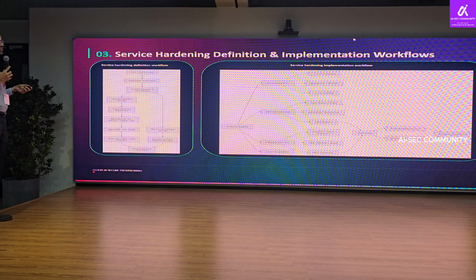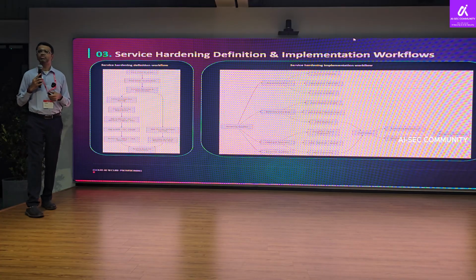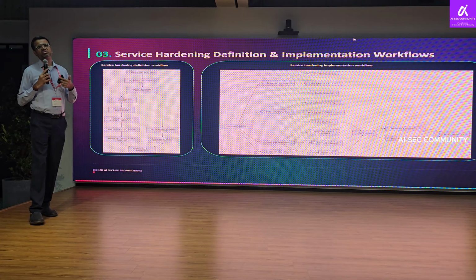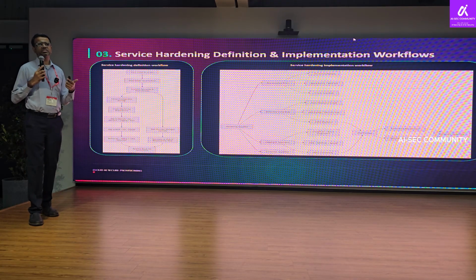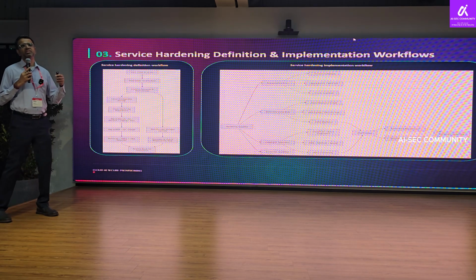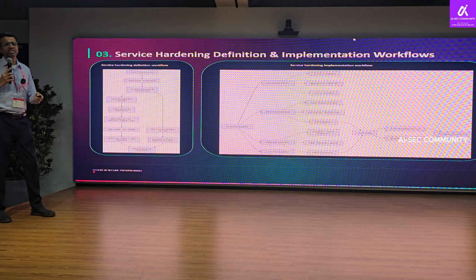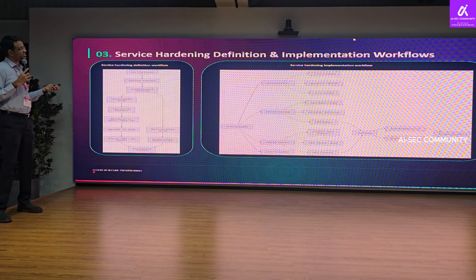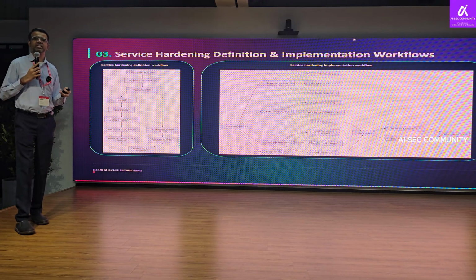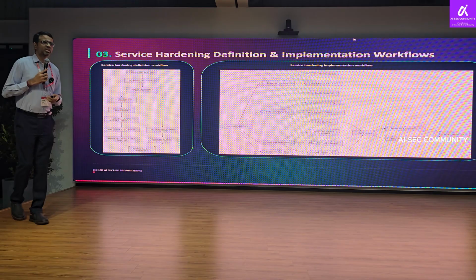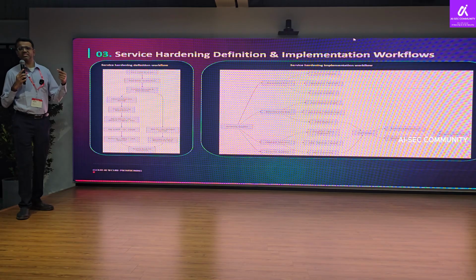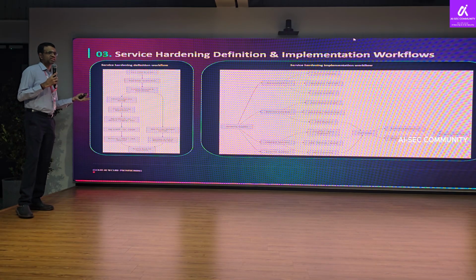The crucial aspect of service hardening is that you are able to implement it and you are able to protect the service. There are also some frameworks and benchmarks that give you process level baselines. Let's say, for example, if you look at CIS, CIS would also say that your company should have a security contact in case of a compromise. So if you look at this, this is a process guideline, and this can go into policies and standards. But it's not really hardening, right?